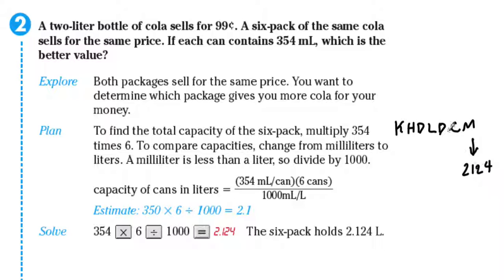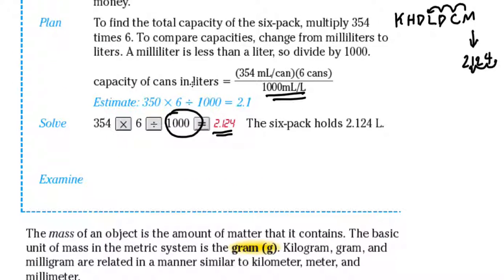2,124. Okay, and we want to convert it to liters. So that means we need to jump 1, 2, 3 times to get to liter. So get your decimal, jump it 3 times as well. 1, 2, 3. And that's the reason why you get 2.124. Okay, because jumping 3 times to the left is the same as dividing it by 1,000 right there. Okay, so doing that, the 6-pack holds 2.124